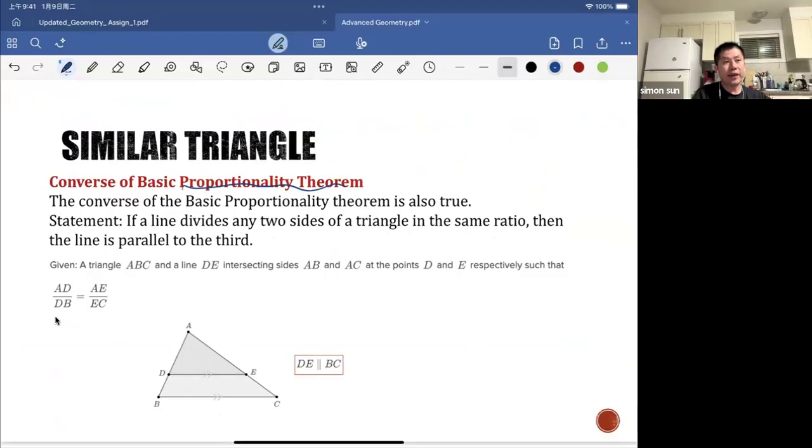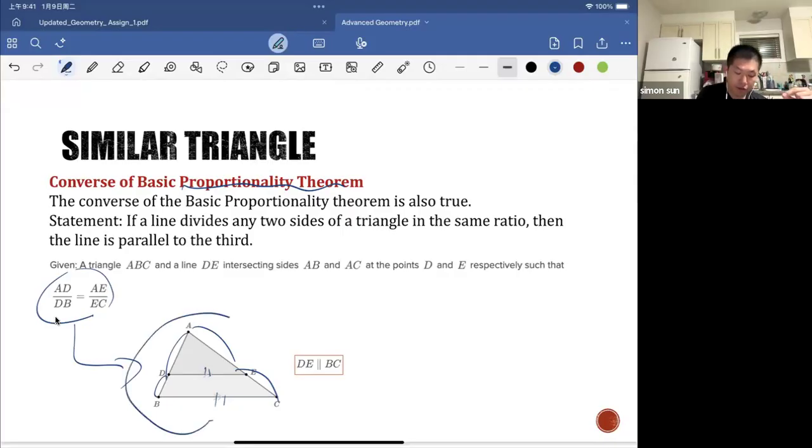In the beginning, we have that if you have a line parallel to the base, then the other two sides will be divided into the same ratio. And this one just does the opposite. If the two sides are divided into the same ratio, then the line is actually parallel to the base,